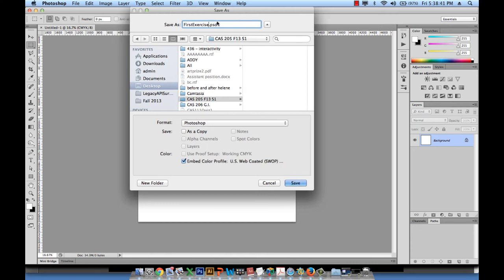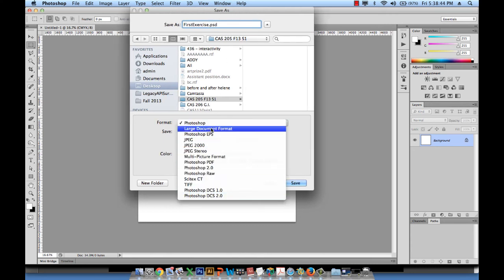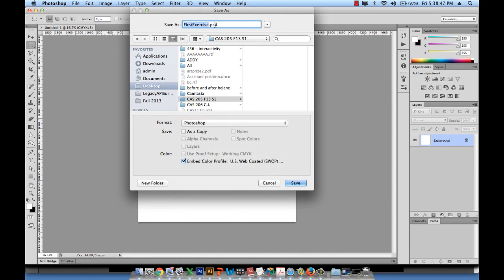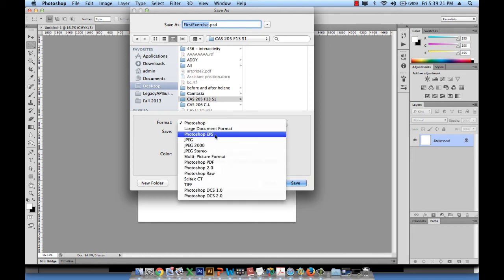Now, what is a PSD file and what are other formats? It says PSD right here because that's the default of Photoshop. PSD would imply that the file contains layers. Currently it contains only one layer because we still haven't added new layers. But if we do add new layers and we save the file as PSD, it means that whenever we close the file and open it in the future, the layers will be preserved. Let's say we had 10 layers, we will find them when we open the file. If we save it as another extension, let's say as a JPEG file, for example, or an EPS,